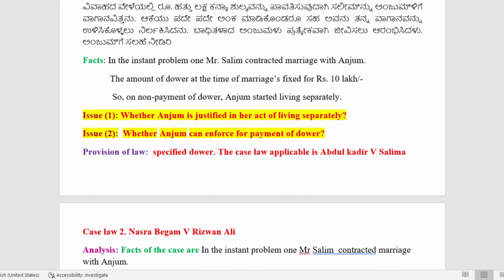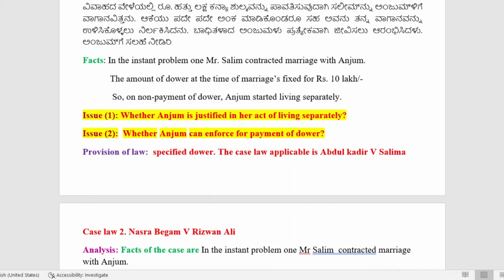And the legal importance of the Dower is that under the Mohammedan law, it is a sum of money or other property promised by the husband to be paid or delivered to the wife in consideration of the marriage. That means you know what the stand is under the Mohammedan law. We have to see the provision of law. It is a sum of money or the property which should be promised by the husband. That means here also